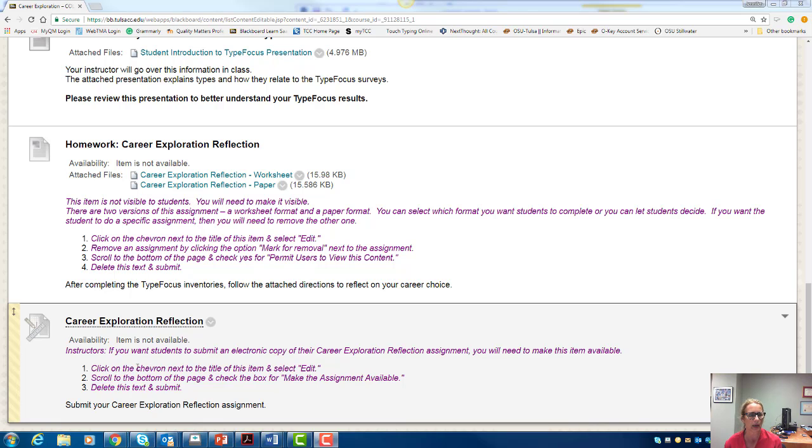And you'll see in the purple text, it says if you want students to submit an electronic copy of their career exploration reflection assignment, you need to make the item available, and it tells you exactly how to do it. So if you decide to make this available, students will submit inside of Blackboard, and you will access the assignments in the Blackboard gradebook. And if you need any assistance with that, you can again send a note to